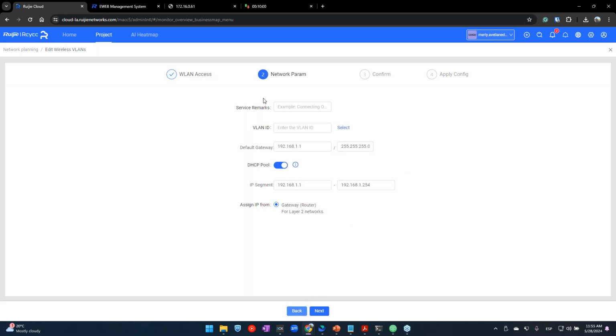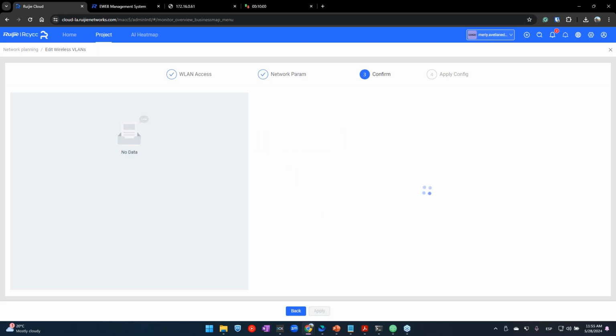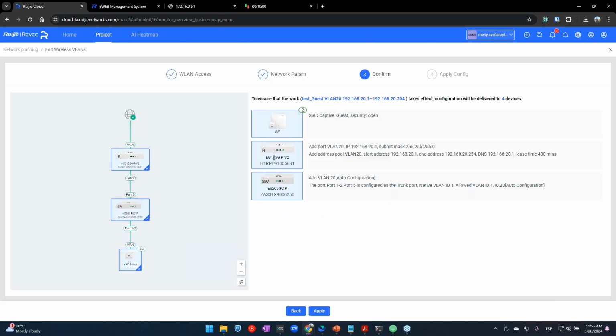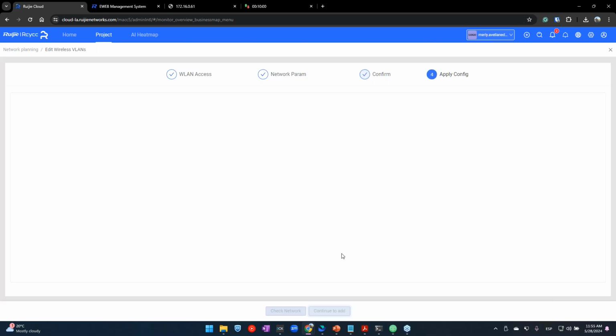If we click here in next, with the service name test guest, for example, with the VLAN ID number 20, and it's the same segment with this default gateway and with this configuration to be applied to our device. And if we click here and apply,